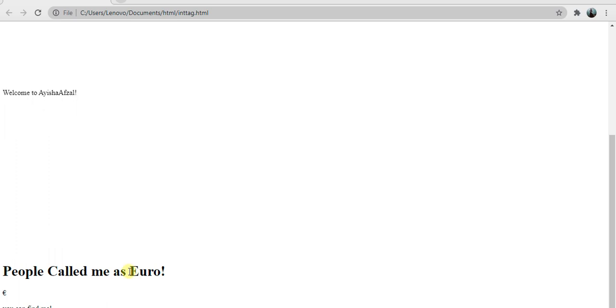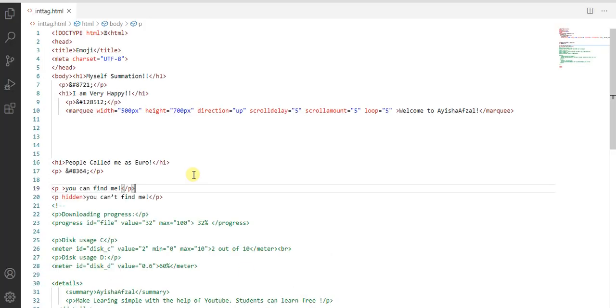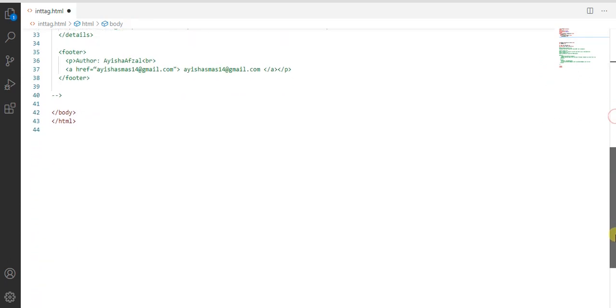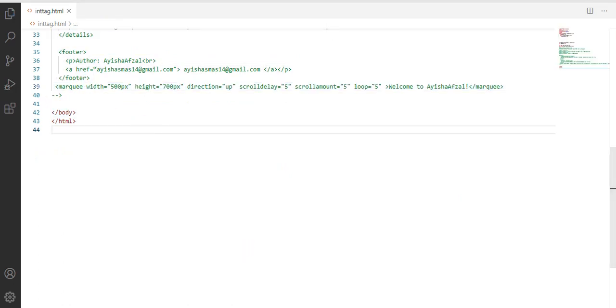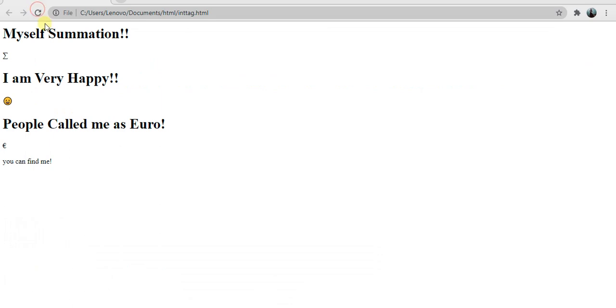Okay, this is the symbol which I inserted before. The mark tag we can insert last because it is scrolling. Now you can see this is the Amazon, this is the emoji, this is the symbol. Each and every one has a specific code, you can find it in Google and enter it according to your need.